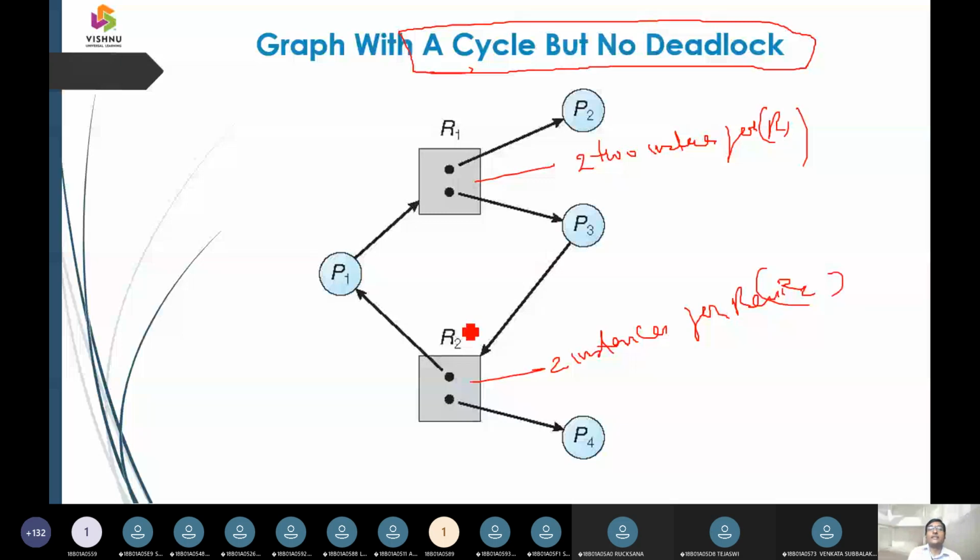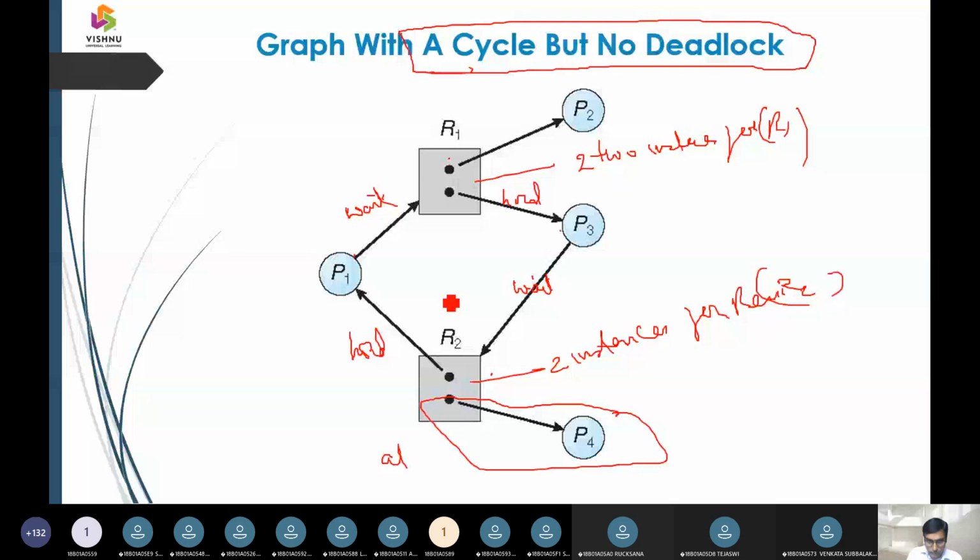You can see P1 holds a resource and waits for a resource which is with P2. P3 holds a resource and waits for a resource it is going to take up. Here resource R4 satisfies the hold and wait condition.